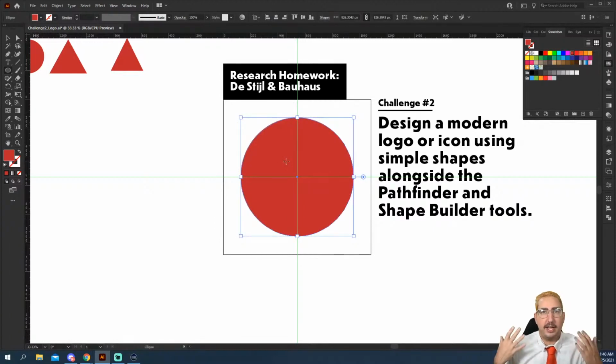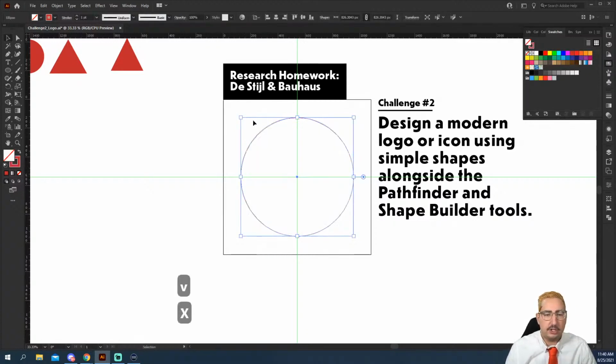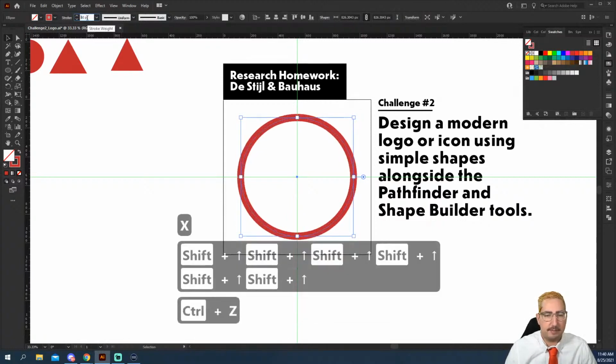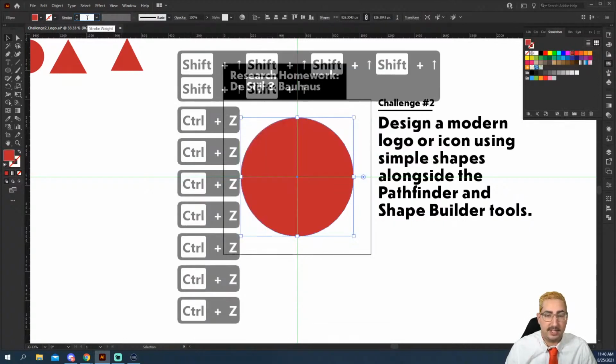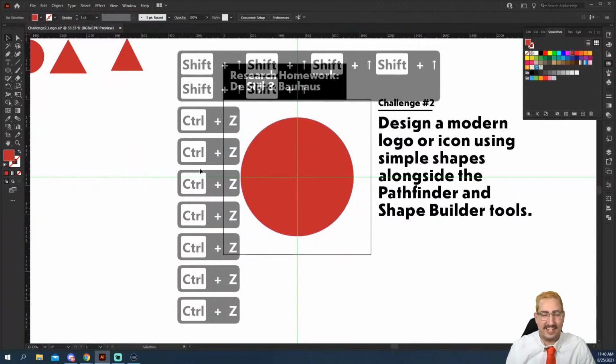Now we're working on a grid because a lot of the Bauhaus was all about different kinds of shapes, different emotions, and keeping things very, very modern and locked in. So we're going to use simple shapes here. We're starting with a circle, and I actually want this to be an outlined circle. And so I could shift it and create a stroke and just put a thick stroke on here, but I don't want to do that. Oh, Control Z, there we go. That's a lot of Control Z's on that screen.